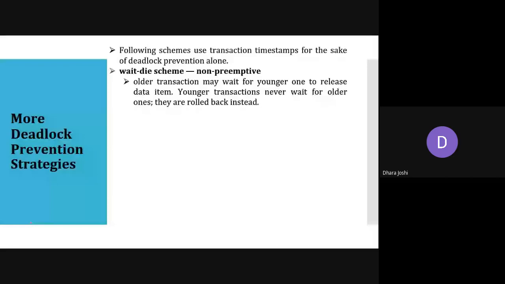Okay, what does this first statement mean? Suppose we have two transactions, T1 and T2, and transaction T1 enters the system at 1 p.m. and transaction T2 enters the system at 5 p.m. So we know that transaction T1 is the older, because it is a senior one, and T2 is the junior or the younger. Okay, senior and junior we are writing in this manner.